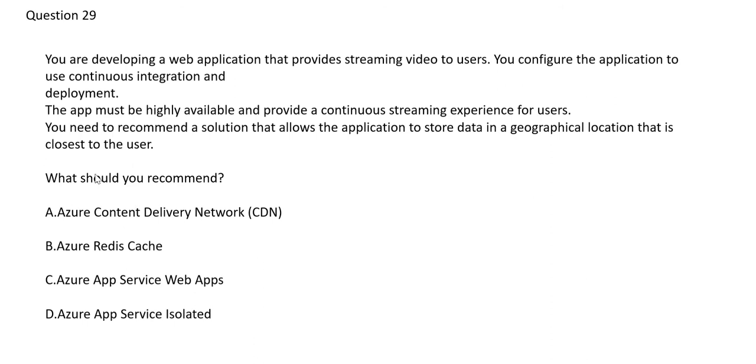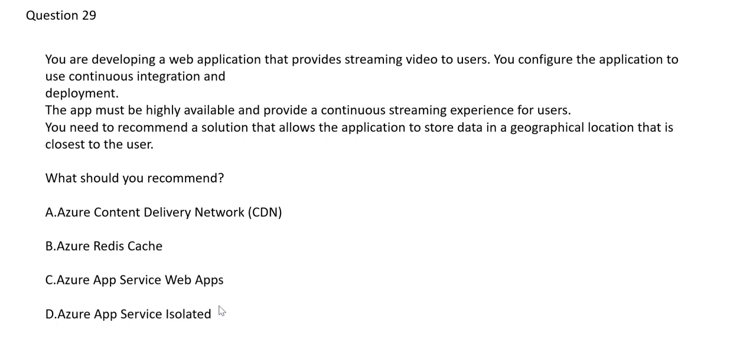See, Redis cache, it works for database. It sits on top of database. If you are firing similar queries, or there are similar reports, it will keep it in the cache, the outputs, so that you get a high performance experience. The moment you will fire the report, you will get the data instantly. You will think the report is awesome, but that is happening because it is using the Redis cache which sits on top of the database. See, web apps is just used to create web applications, nothing great about it to give you continuous streaming experience.